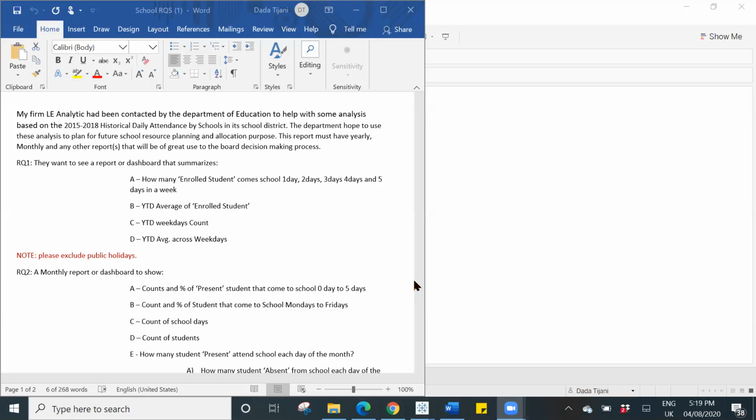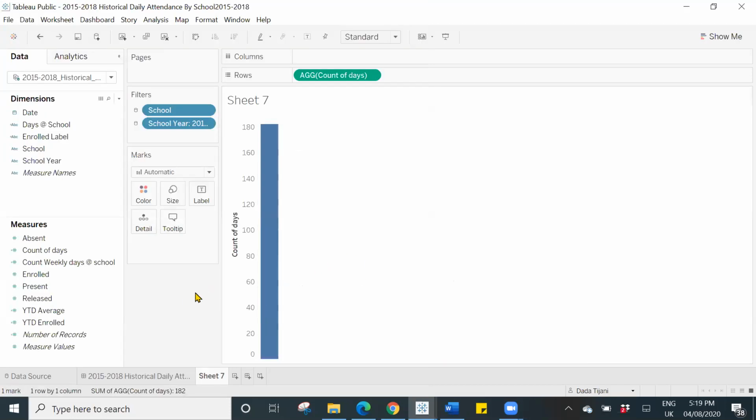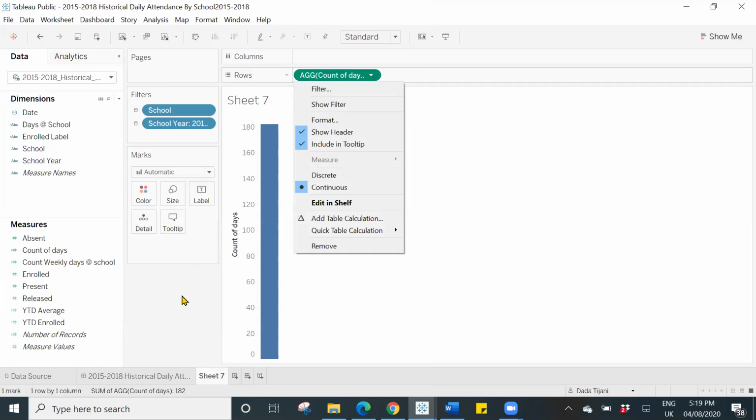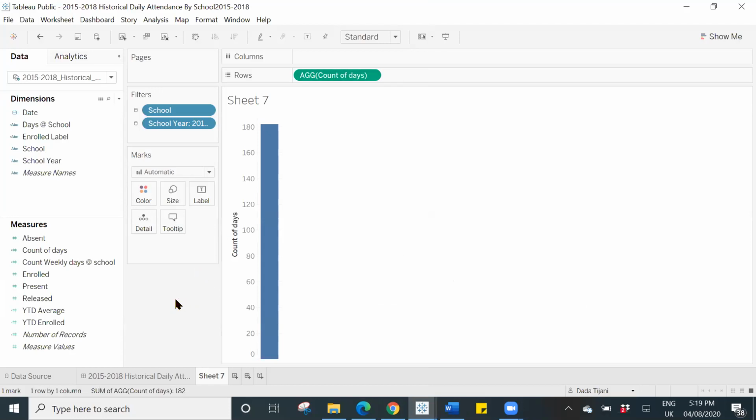Counts and percentage of present students at school, 0 days to 5 days. It's very simple. Just look at what we did before and change your calculation. You can either use your pie charts. Can we do it like this, as in get the total number of the students? It's already there. You can use your donut chart to show it. You can use a table. You can use any kind of chart, but just make sure you are looking at the